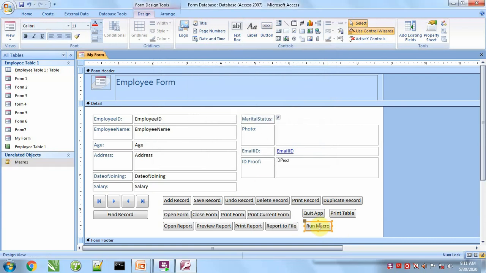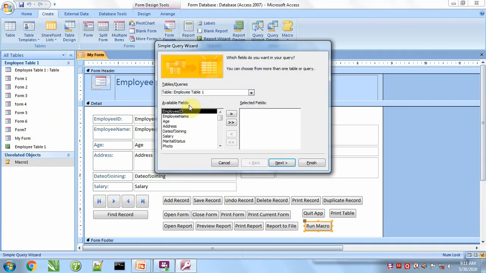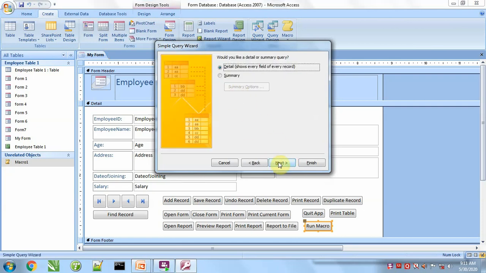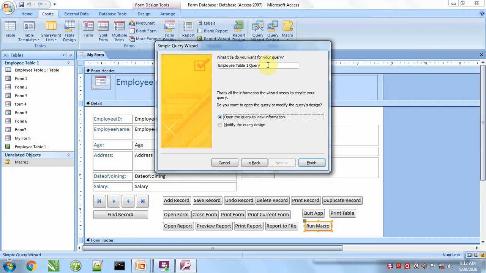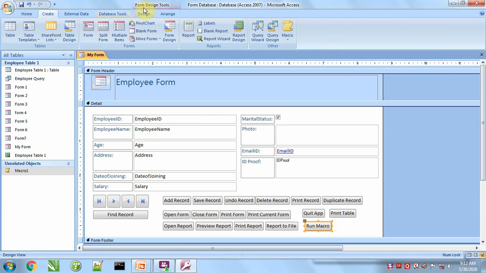We will do the same on the click of this button. For query also we have to create one. We will go to the query wizard. Okay, and in the query we can take columns of our choice. The query is created, and we can create a button for this query.